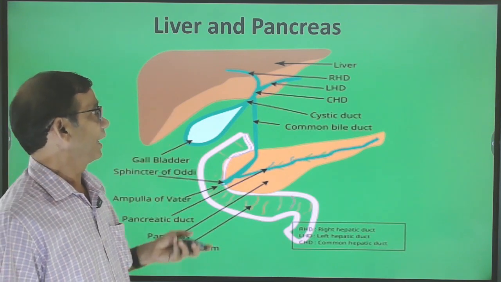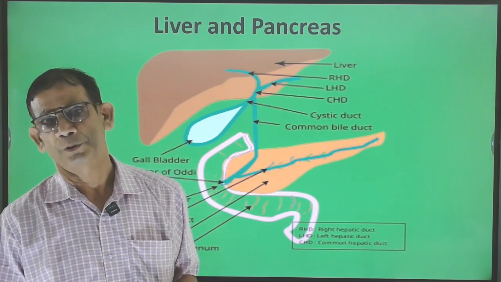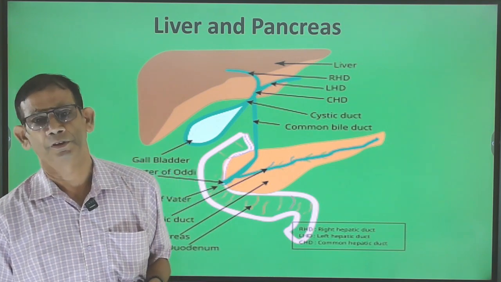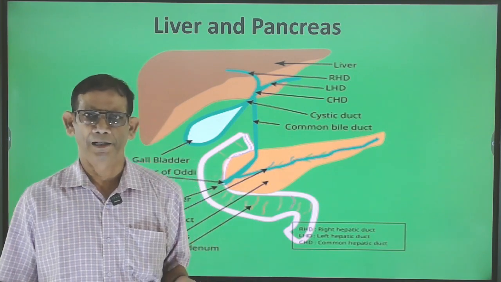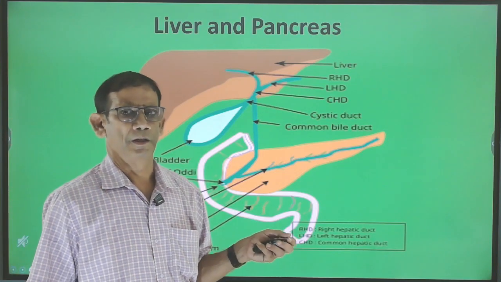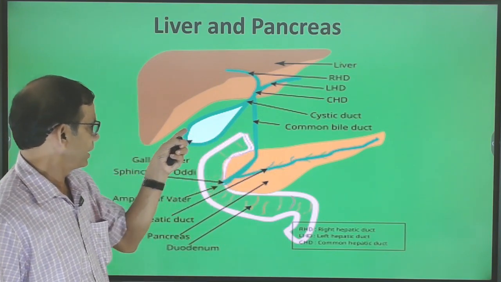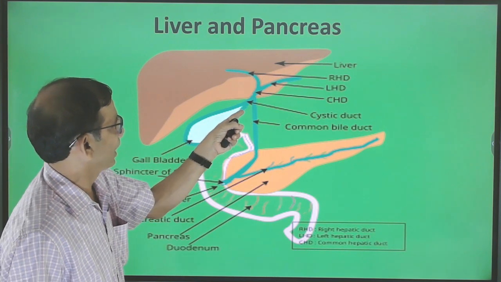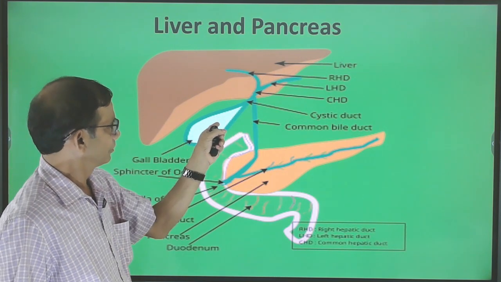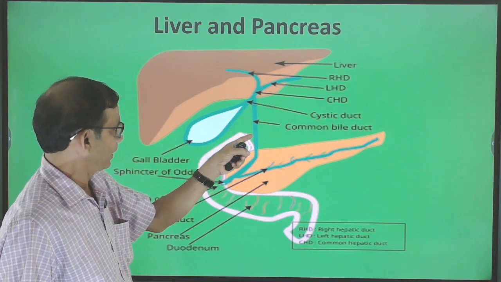The cells of the liver are called hepatocytes. It produces a chemical called bile, which is stored in a storehouse called the gallbladder through a duct called the cystic duct,